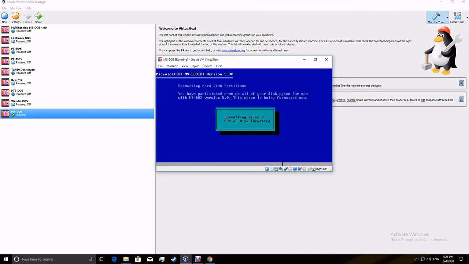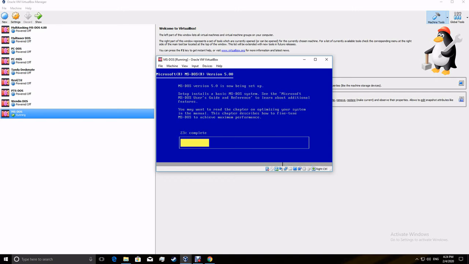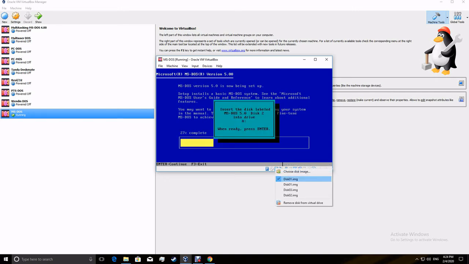So it's gonna be formatting the disk, and it's gonna be downloading. Should go pretty fast, with all the modern technology. It's a lot faster than back then. So you're gonna hit 2, enter, and then you're gonna go